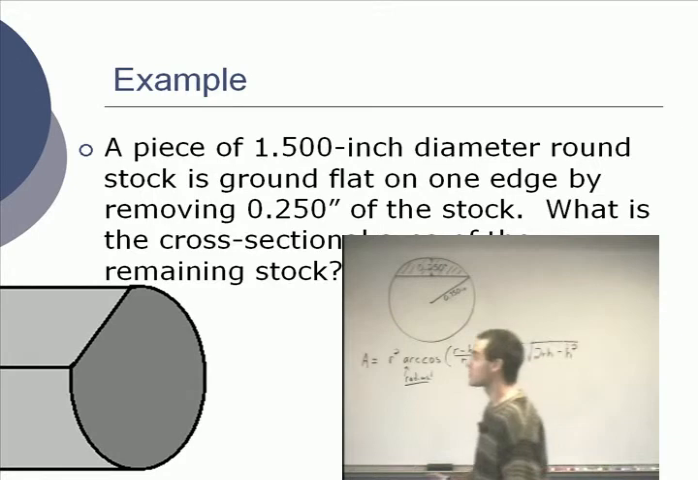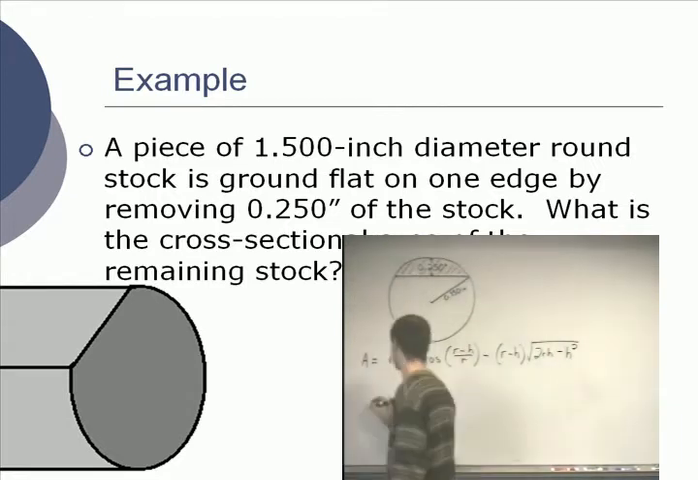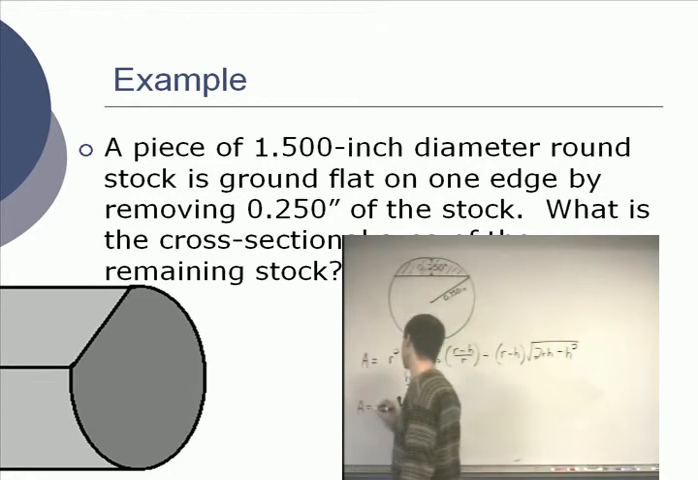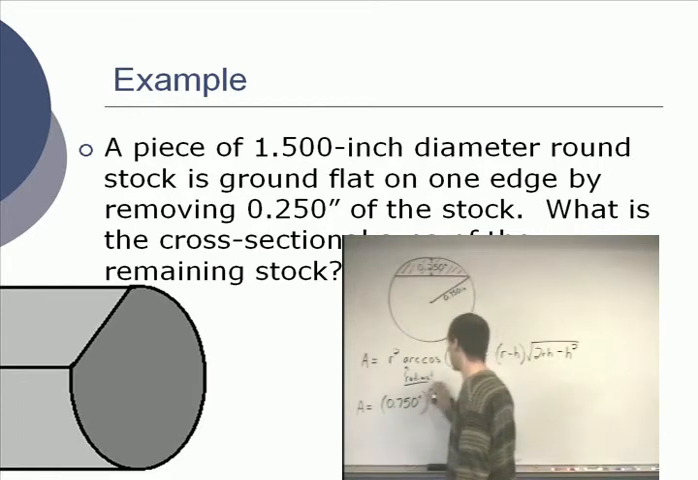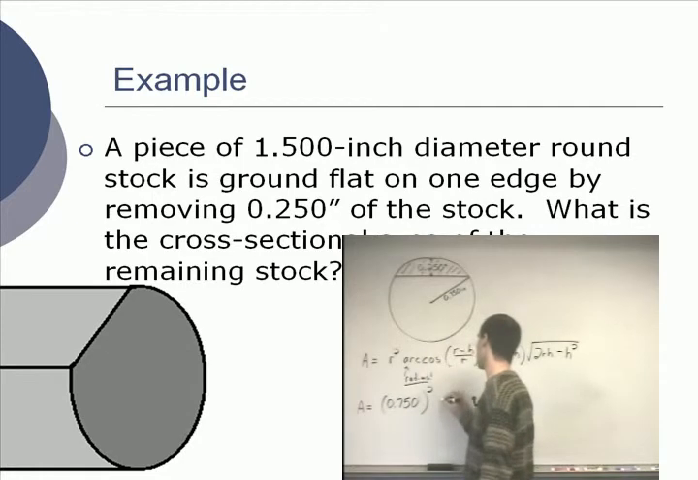Both formulas assume that our angle is in radians. Yep, dimensionless. Okay, so then it's just a matter of plugging in. A is going to be our radius, 0.7. I'm going to leave the units off of this just to save a little space. Squared times the inverse cosine of